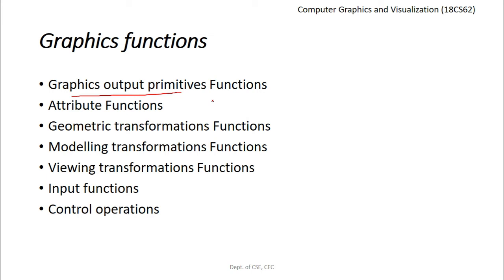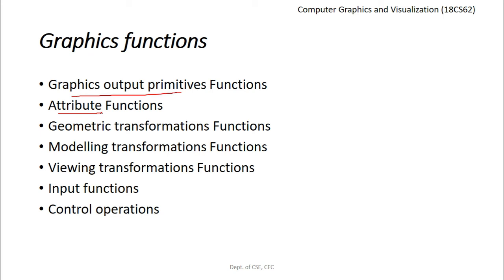The second type of graphic function that we have here is called the attribute functions. Let us see what these attribute functions are. Before learning what they are, let us see what we mean by attributes. Attributes are the properties of the output primitive. That is, an attribute describes how a particular primitive should be displayed. Let us say the primitive that we want to draw is a straight line. Now, what can be the attribute for this straight line? It can be the color of the straight line. It can be the style using which you are going to draw the straight line, whether you are going to draw it as a solid line, a dotted line, or a dashed line, what the thickness of the line should be, and so on. So these are all the attributes for a given geometric primitive.